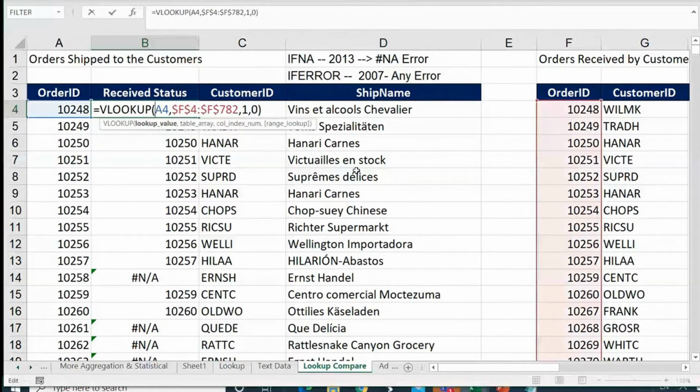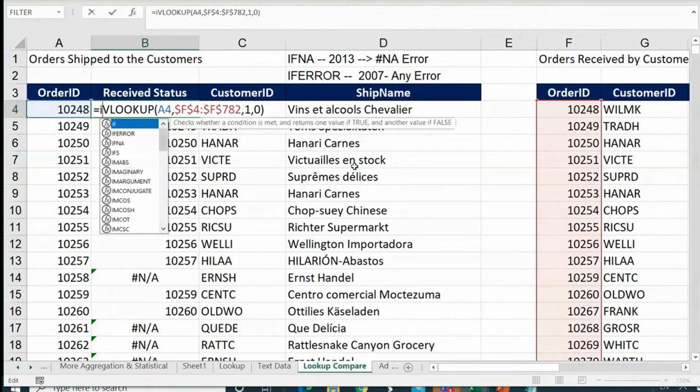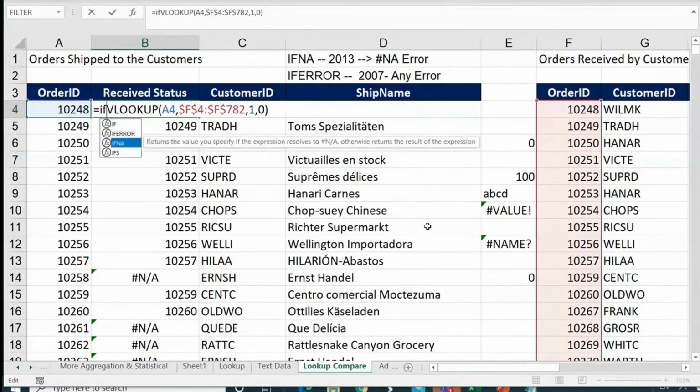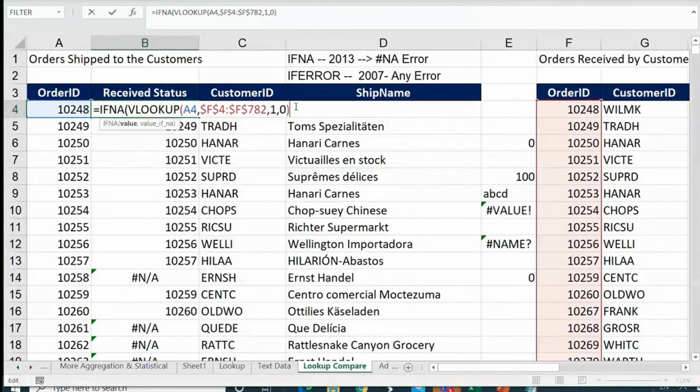Look at the simpler approach here. It's very simple to apply, guys. I'll write IFNA or IFERROR. The writing technique is the same for both, guys. Both are fine. IFNA with this. So now the whole formula I have to keep as it is. The entire VLOOKUP should be kept as it is.